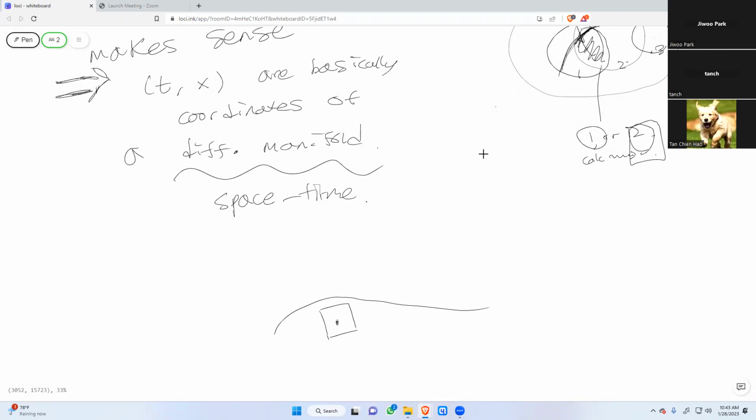The motivation for defining the tangent plane is that we want to describe particles moving on the manifold, to say the particle is moving towards this direction. So we want to find a way to describe the velocity of particles